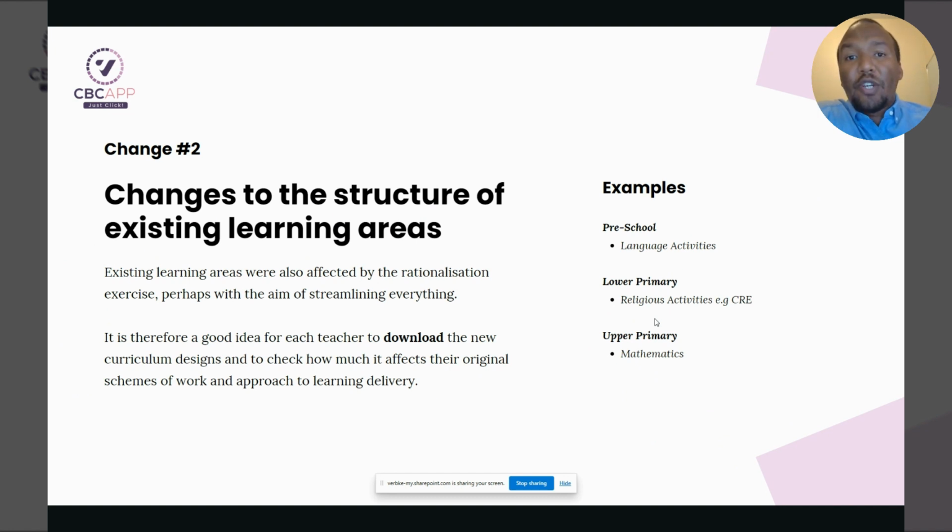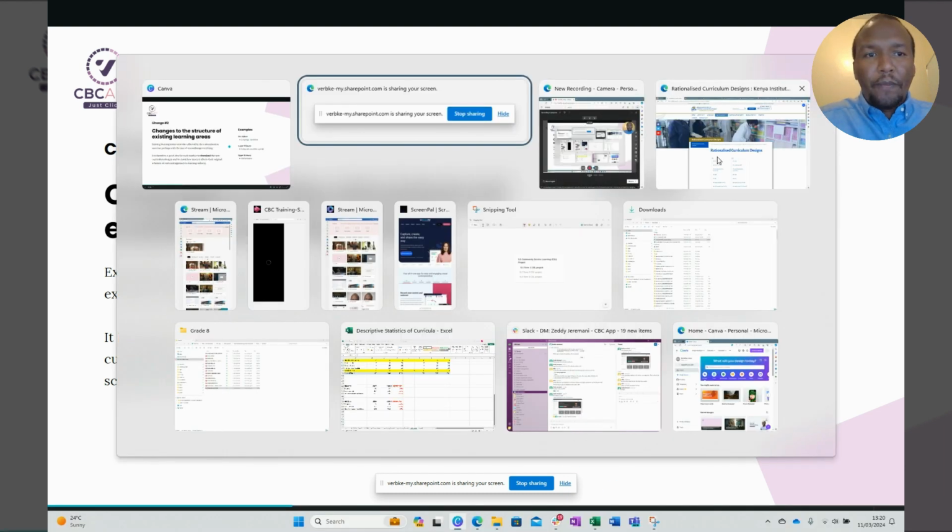These are the changes to the structure of the existing learning areas. By this, I mean some of the learning areas had some of their strands reduced, some strands increased, changes in the substrands here and there, and it affected many learning areas. Like, for example, in preschool, PP1, PP2, languages was changed. And if I can quickly show you,